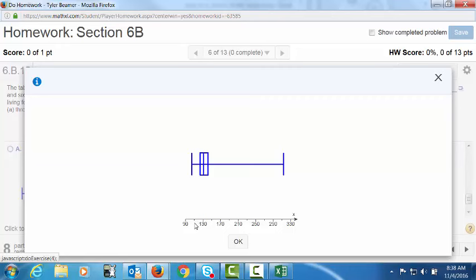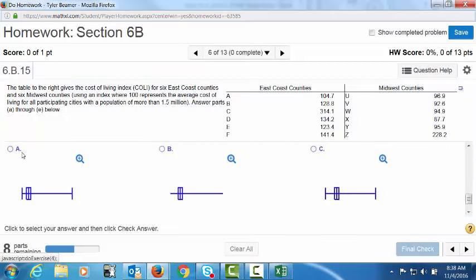Well, this might actually be it, because this halfway point here is going to be 110, right? So if this is a little bit below that 110 mark, then that would be 104.7. So 123.4, that's our lower quartile. That looks like it's in the right spot. Median 131.5, that looks about right above 130. 141.4 is the upper quartile, that's in the right spot, and then 314.1. Yeah, so this actually would be our box plot. So that's how you'd match that up. So we would select this one,